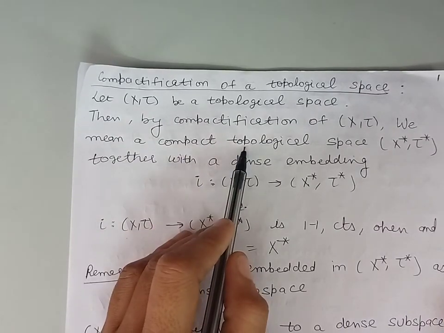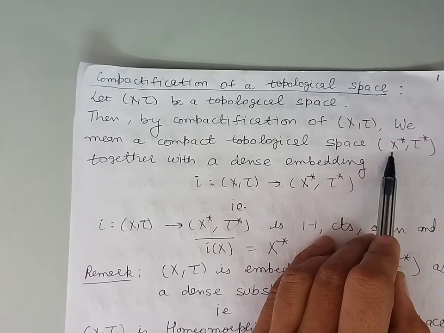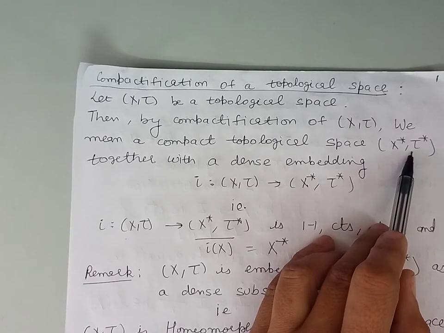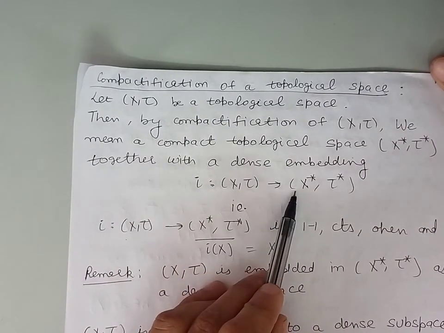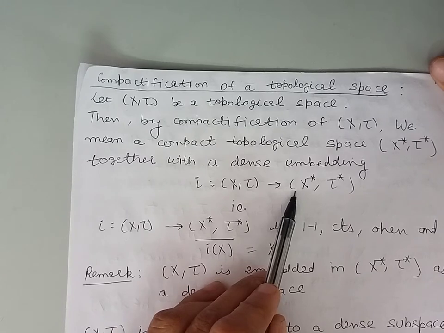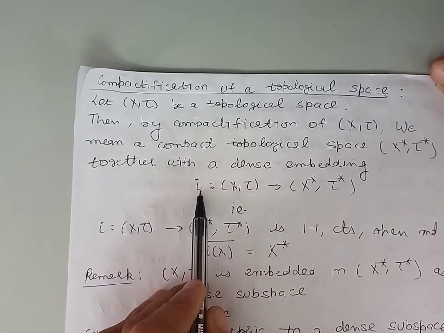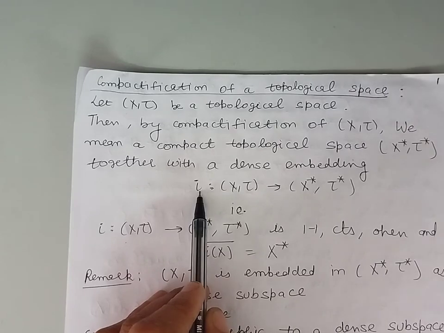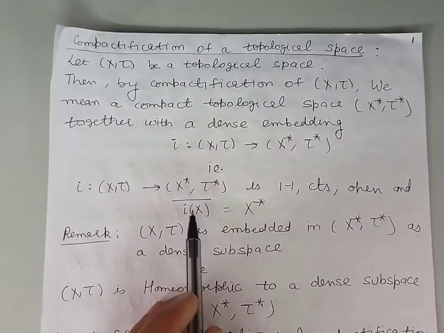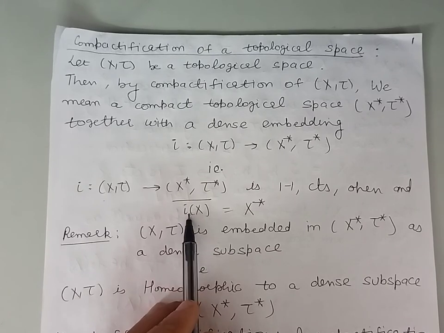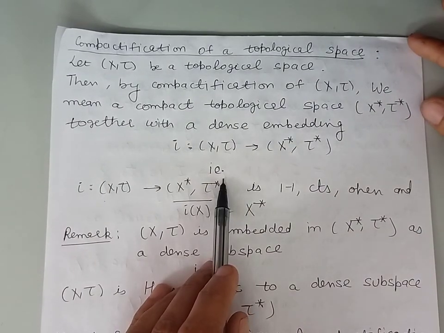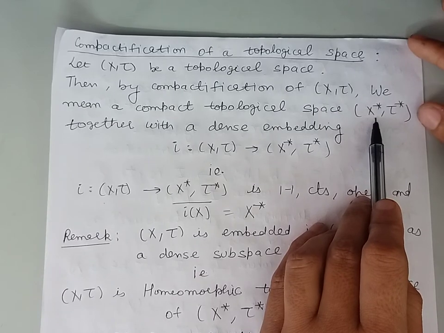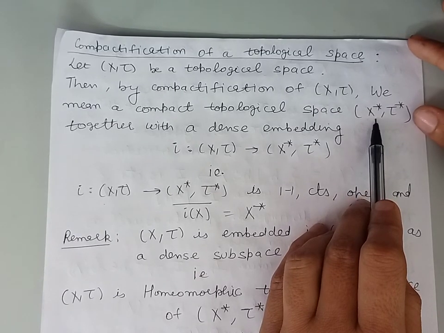That compact topological space we have denoted by X star with topology tau star, and here I from X into X star, that is a dense embedding. Dense embedding means this mapping I is 1-1, continuous, open, and the closure of I of X is the set X star. So if this condition is satisfied, we say that this topological space is compactification of the